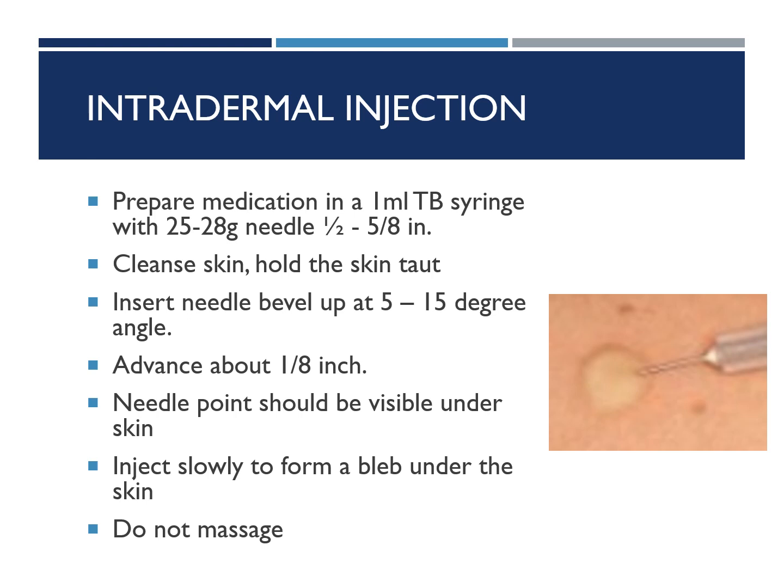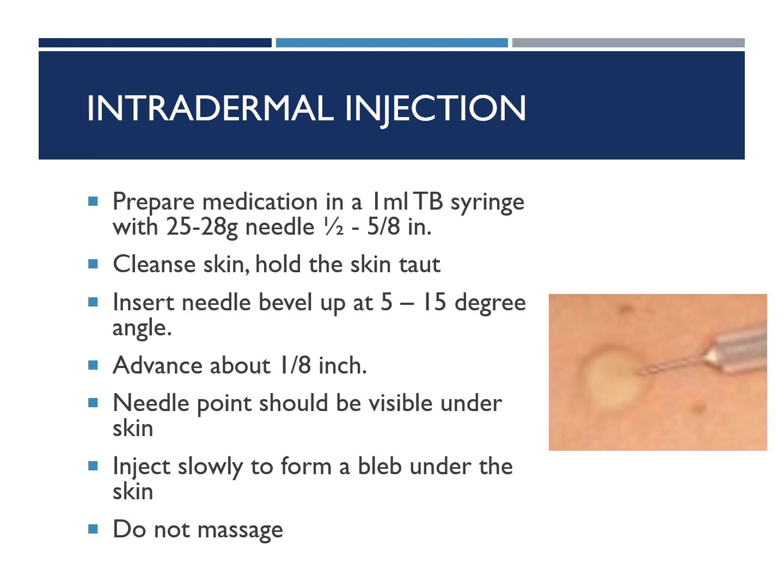You're going to prepare your medication in that 1 ml TB syringe with, if you can choose, a 1/2 to 5/8 inch long, 25 to 28 gauge needle. But like I said before, most TB syringes have attached needles, so you're going to use what's available to you. You're going to clean the site with alcohol, and you're going to hold that skin taut. You're going to insert that needle at a 5 to 15 degree angle, so very shallow angle. You're almost going in flat against their arm.